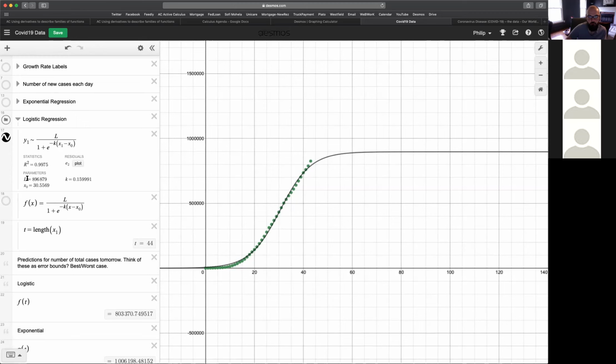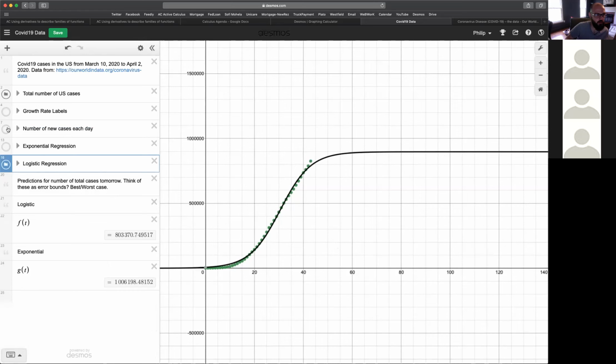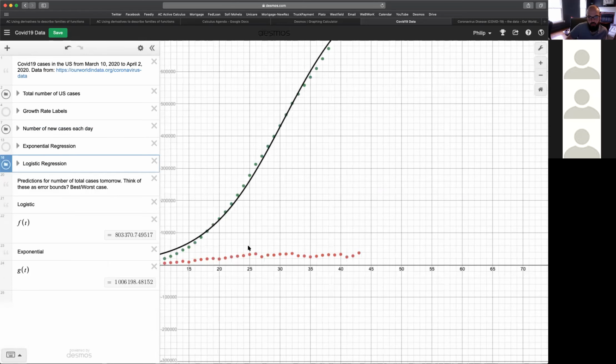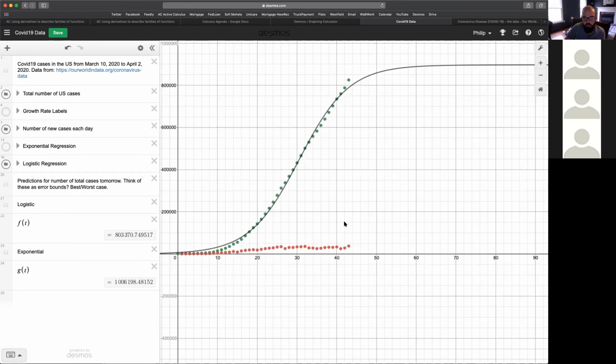The best case scenario is that we would have a carrying capacity of about 900,000, but I don't think that is going to be very accurate. If you track the number of new cases each day, it's pretty level. We're seeing about 30,000 new cases a day. So we'll see how things grow, but